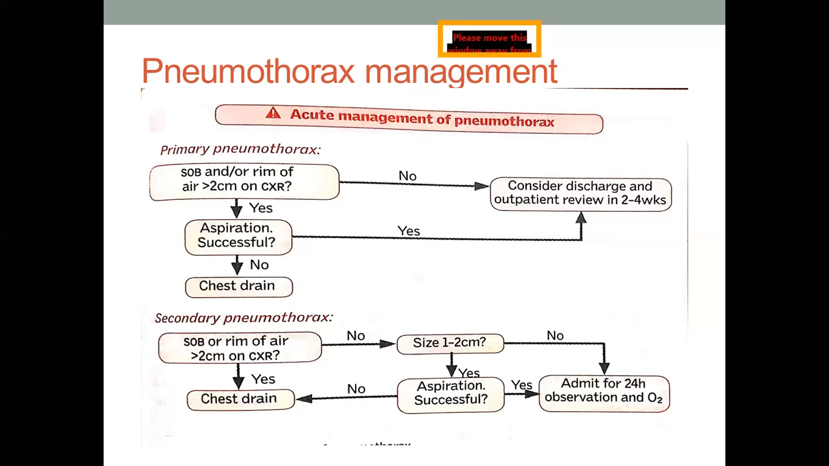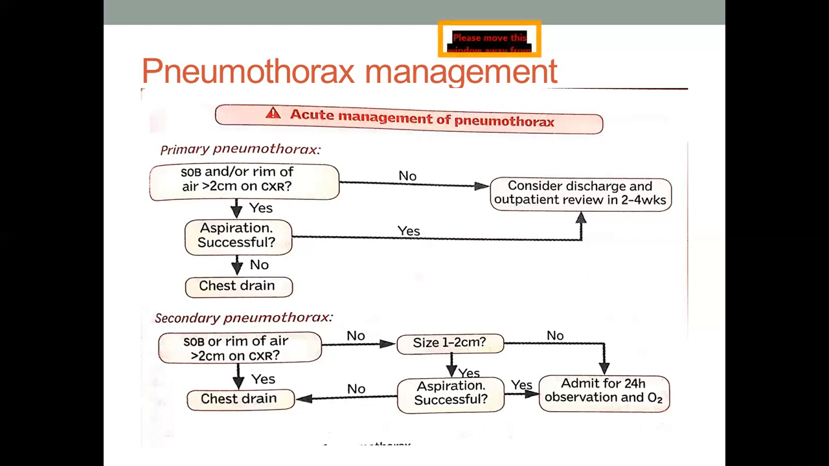The safety triangle is present in the axilla and is formed by the anterior and posterior axillary lines. The lower border is formed by a horizontal line at the level of the nipple. While in secondary pneumothorax,